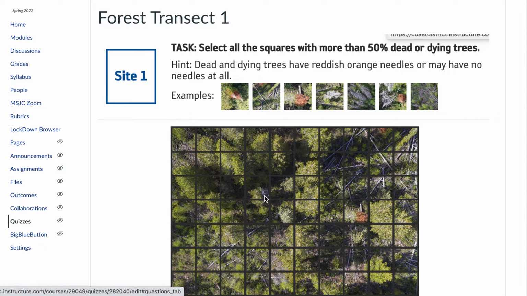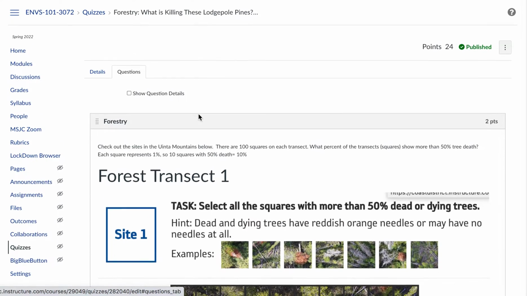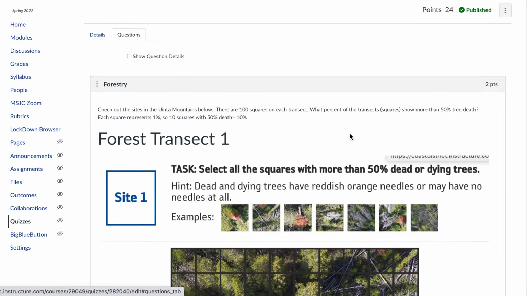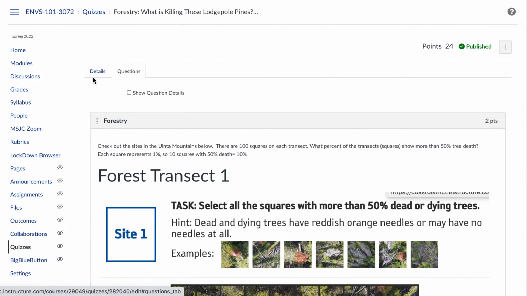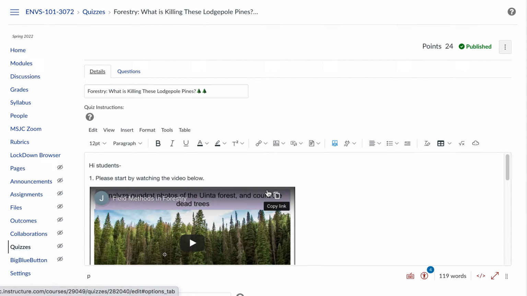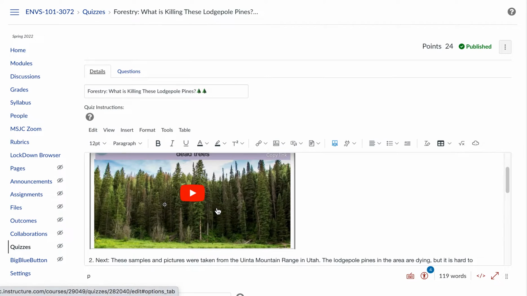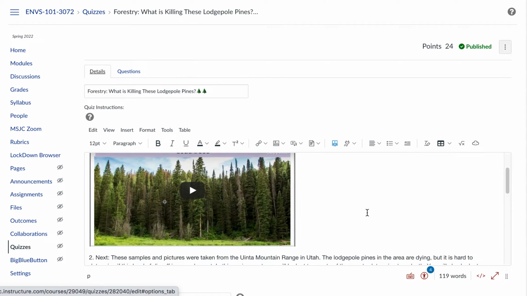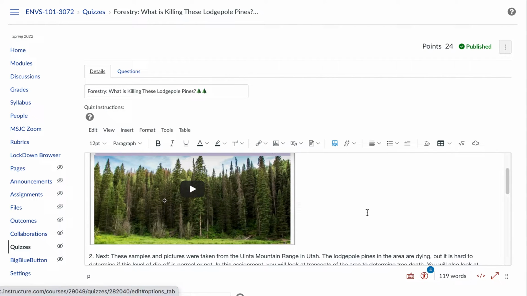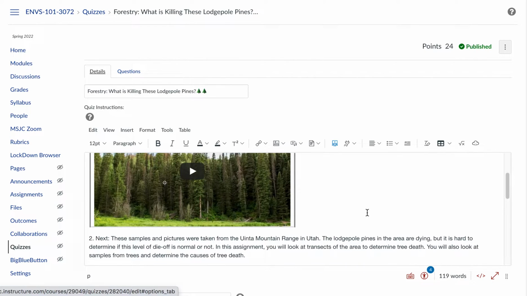Students, in this video, I'm going to go over how to do this forestry, what's killing the lodgepole pines assignment. So I recommend that you first start with going over the directions, watching this video, and taking the time to do that so that you understand the mountain range and the trees that we're looking at, because these are real transects from the Uinta Mountain Range in Utah, and it explains the lodgepole pines and how they're dying in the